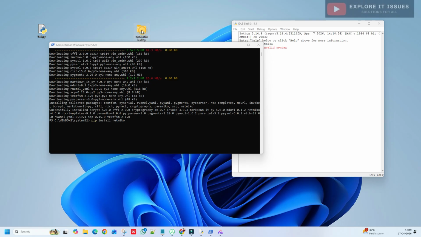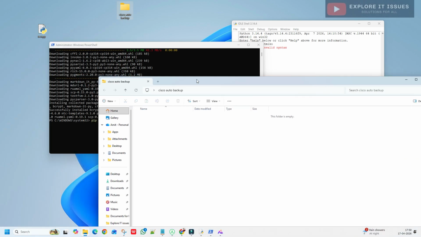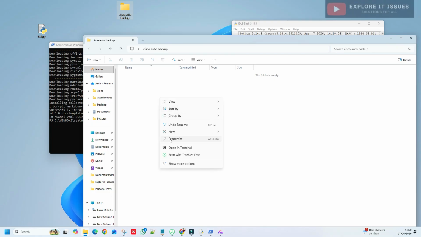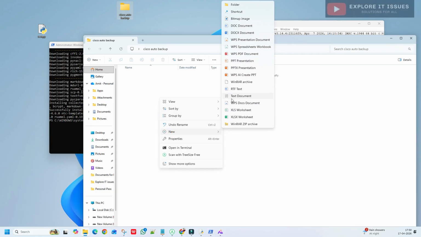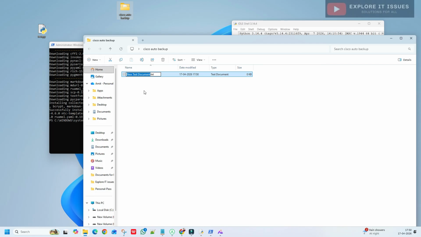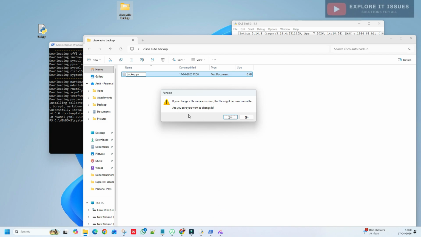Once created, go inside this folder and create a Notepad text file. Type a name like backup, and the extension is py, which is the extension for Python. Then press enter. When you get a prompt to change the extension, click yes.